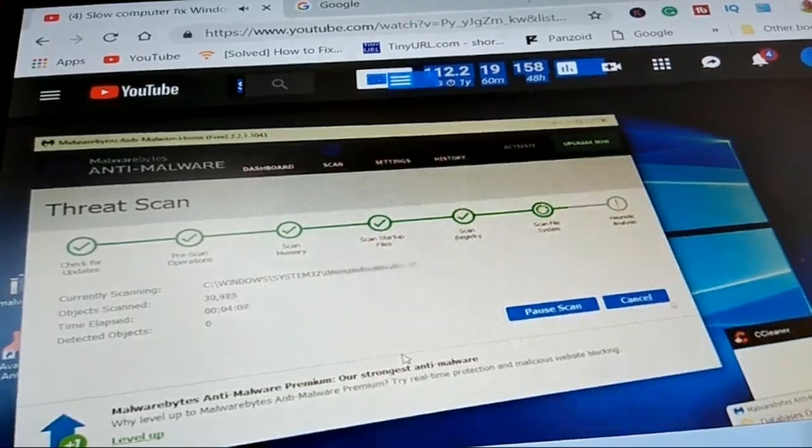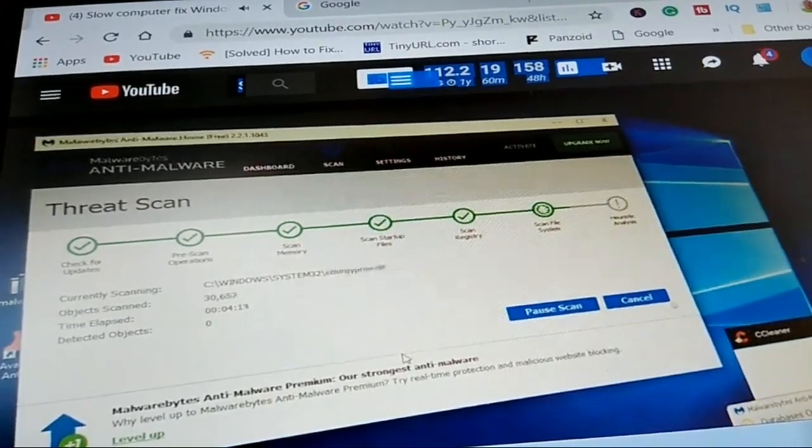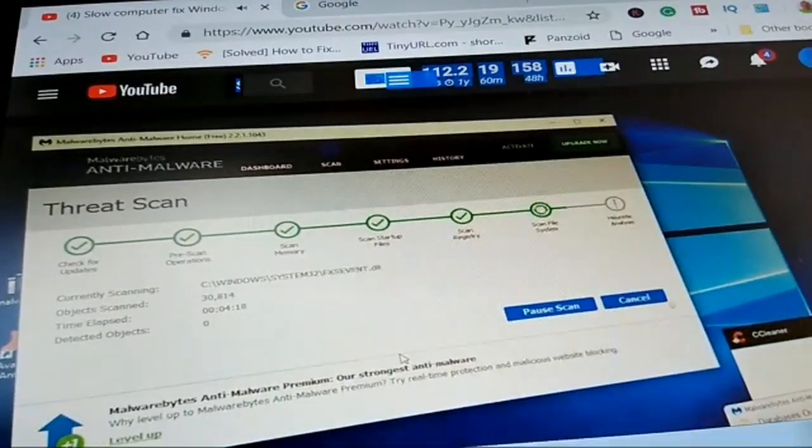As you can see, it's going through the scanning process. It's going through every file. So far, it's over 30,000 files that it's